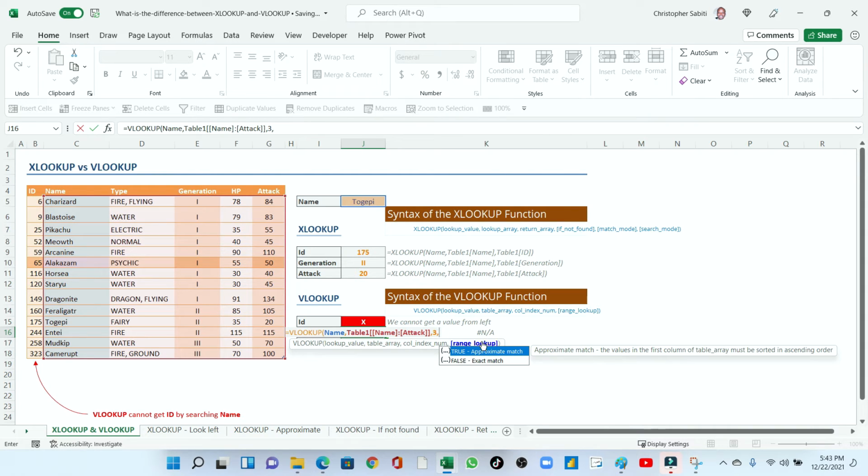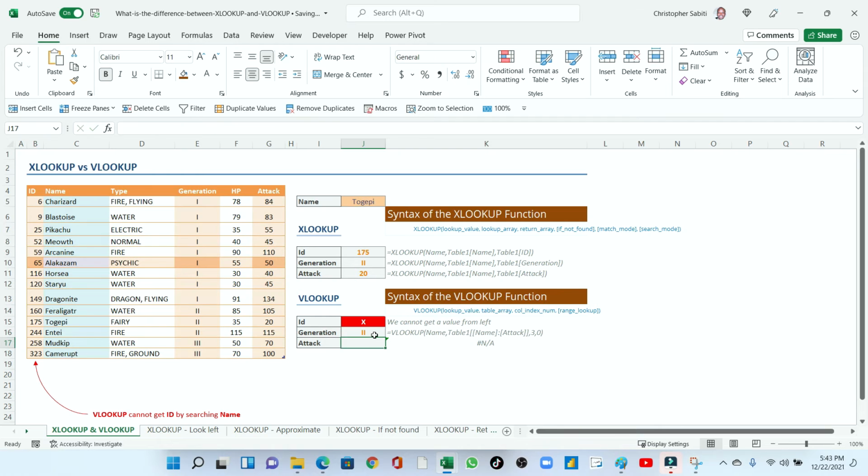Then the range lookup is where you have to denote whether you need false or true. So we always go for exact match, that is a 0, and I enter. Now you will understand that with VLOOKUP you always have to note whether you need exact or approximate, which is different from XLOOKUP because it always defaults to exact.